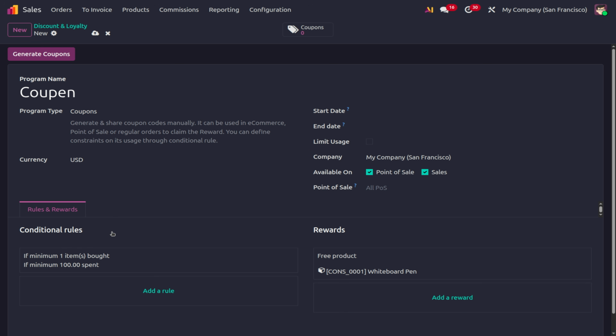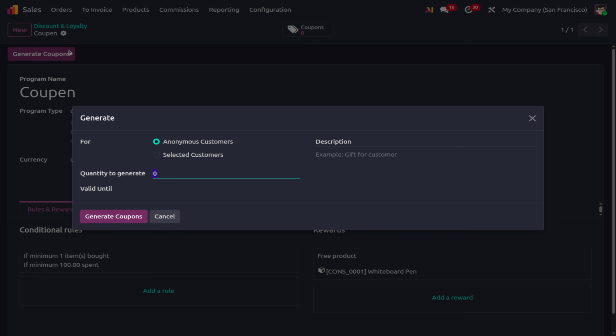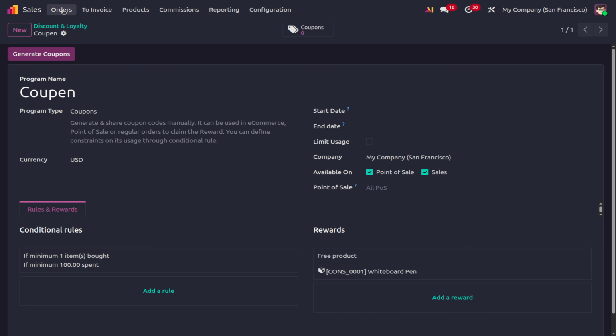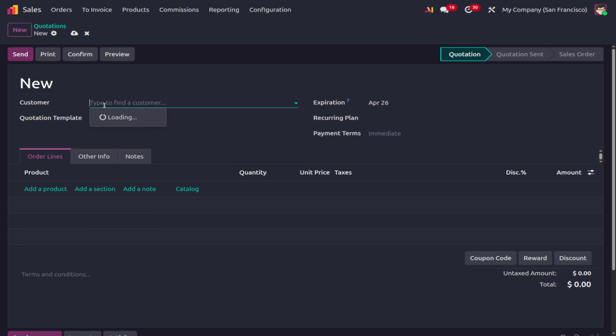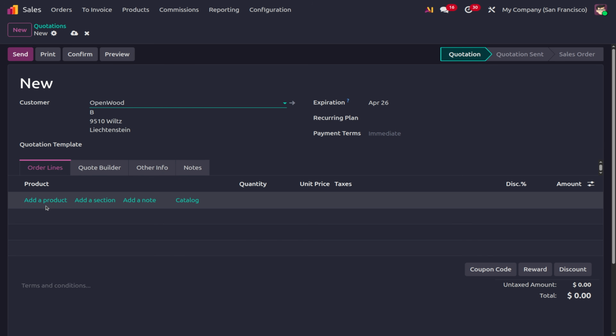Now we can save it and generate coupons. Here, if we need to generate a coupon for an anonymous customer or a selected customer, we can choose, and the quantity of coupons generated and the validity of the coupon can also be given here. So we can move to quotation and create an order